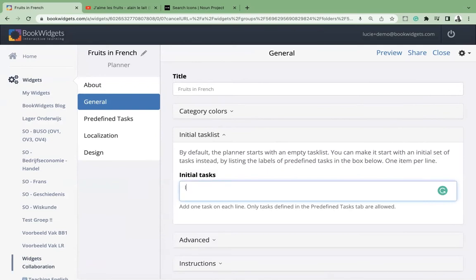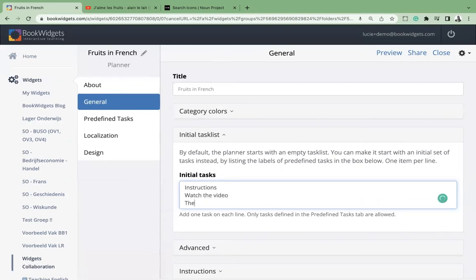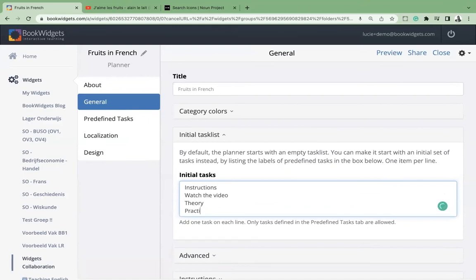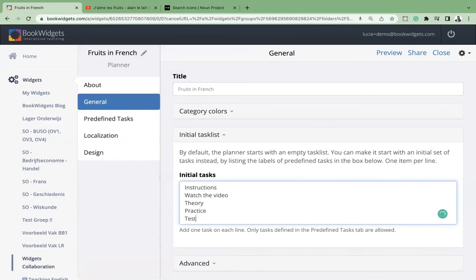So in this case, instructions, theory, watch the video, theory, practice, and test